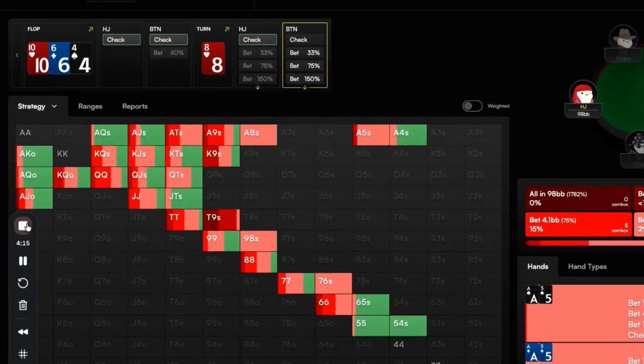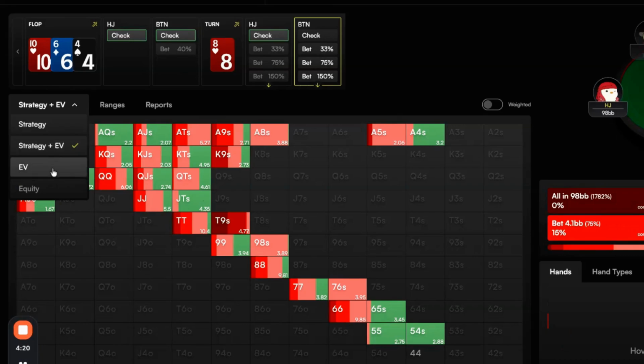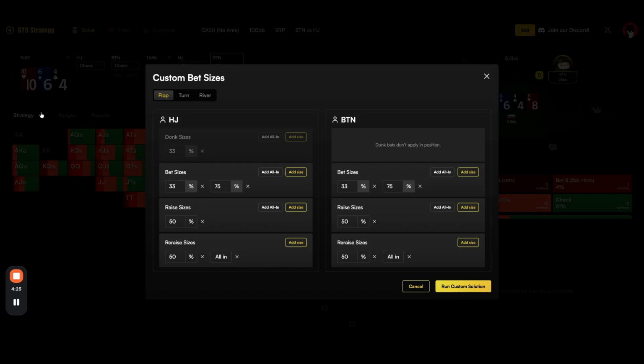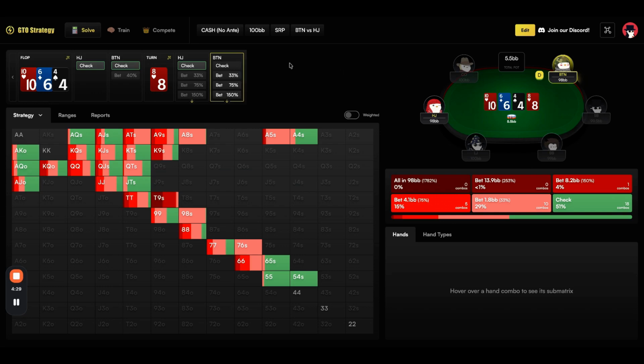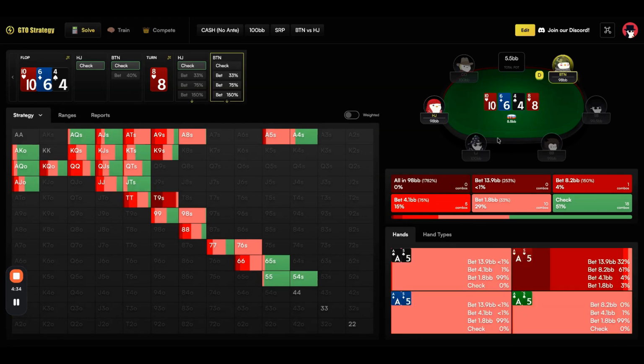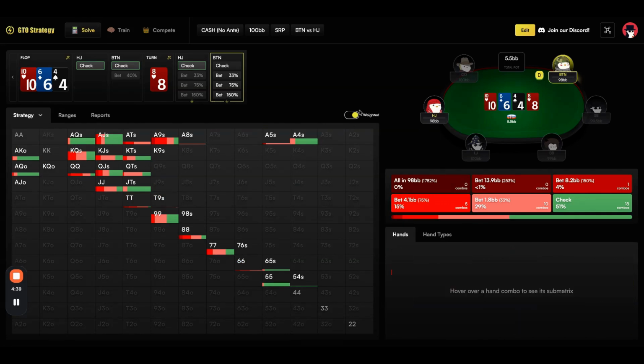We can switch between different views here, such as strategy and EV or EV only. We can also go back to the flop and change things by adjusting our bet sizes again. Hovering over this brings up the sub matrix. The weighted strategy option changes the view from full range weighting to just the percentage of the range that actually reaches that point. That covers everything on this